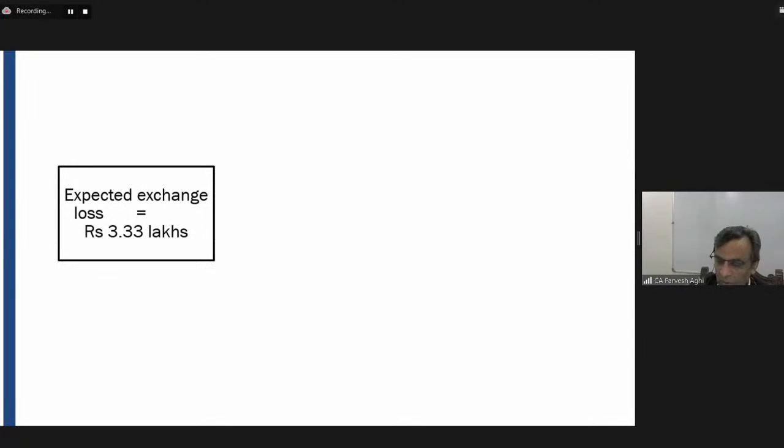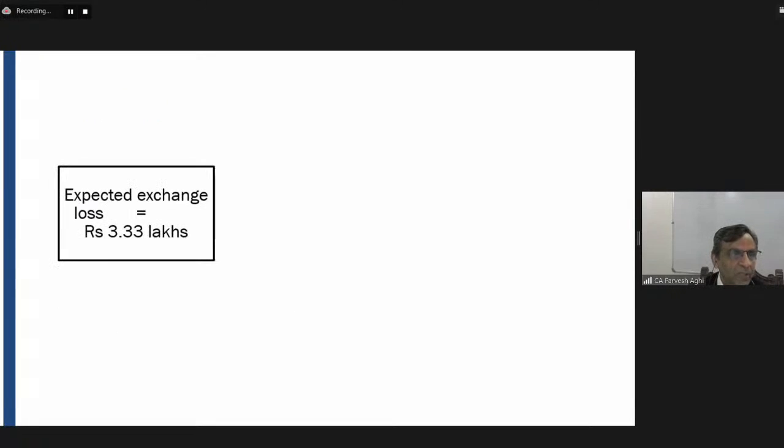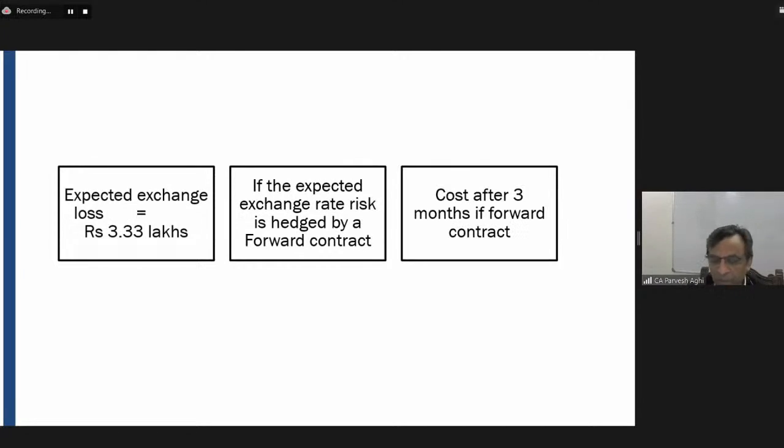We know that, by simple calculation. Because it is 30, his cost is now going to be 33.33, so he's going to incur 3.3 lakhs more. Fine. So if the expected exchange rate risk is hedged by a forward cover, then cost after 3 months will be